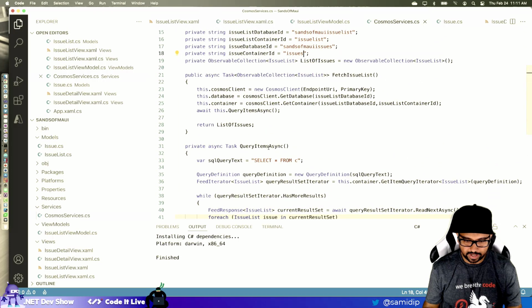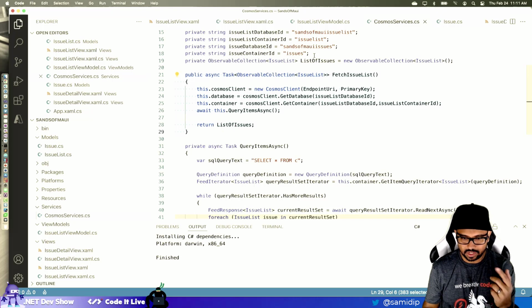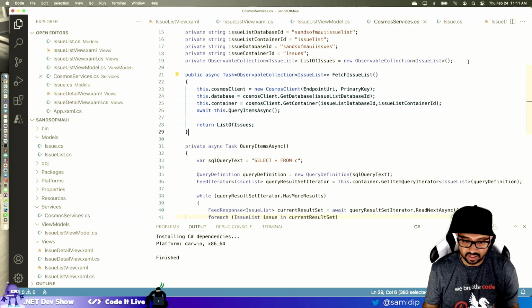So this is query items async. Okay, so I need another one here. And I'm not going to return a list of issues here. I will return just one issue. Let's try with a string first. I mean, let's just get it to work.